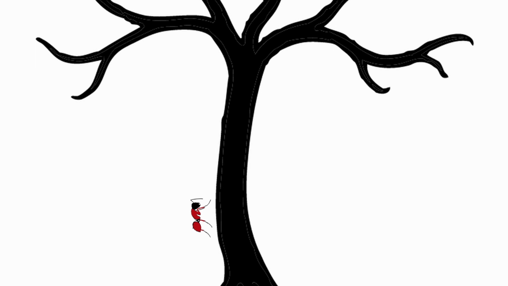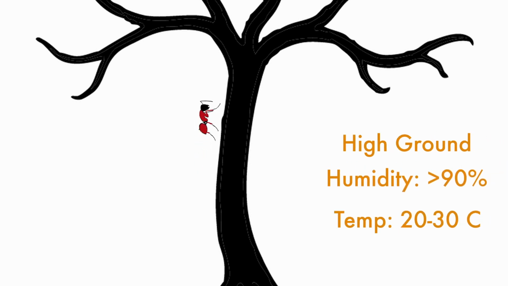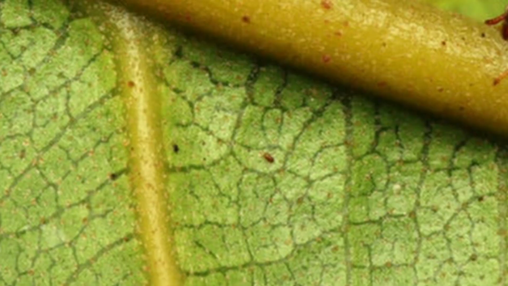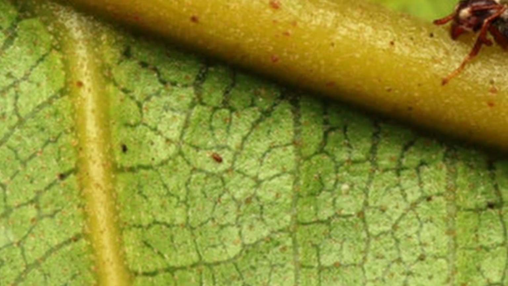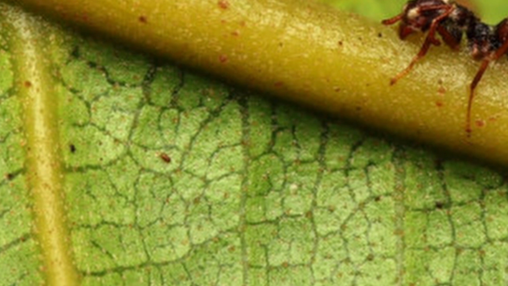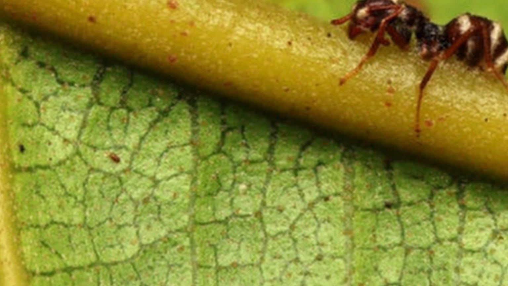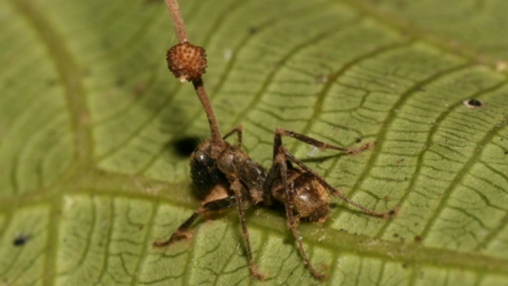It controls the ant's movement in such a way that the ant finds a suitable spot, typically a high ground with high humidity and temperatures of 20 to 30 degrees Celsius. It will then bite a twig or a vine using its full energy. This is where the fungus quickly starts to consume everything inside, killing the host. It uses that energy to sprout a stalk with a fruit-like body, like the mushroom, which has spores that will fly out and infect more ants. So by climbing higher up in the forest, the ant basically helps the fungus spread its spores. This whole process could take days or weeks or even months.